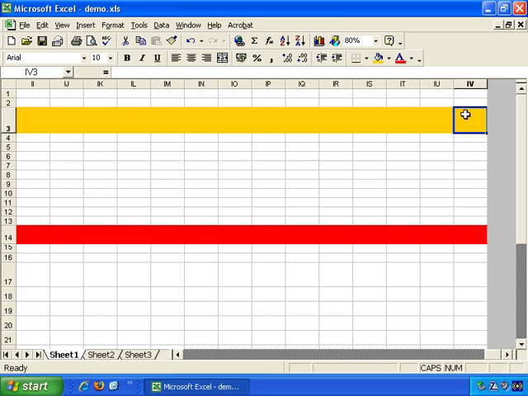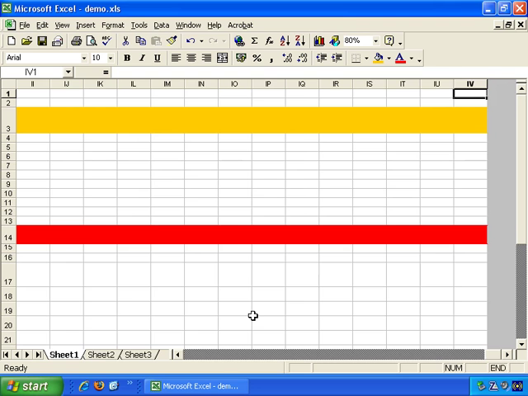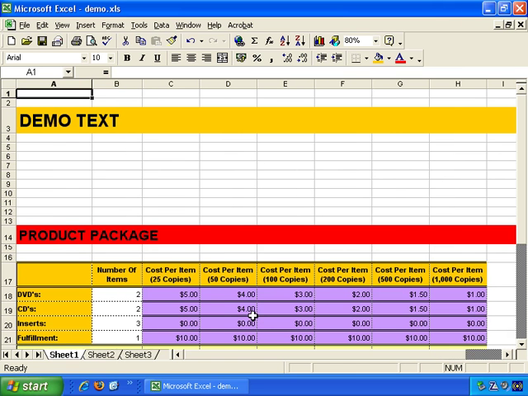If I press End and Down, it jumps right to the bottom of the spreadsheet, which is row 65,536. So let's do the reverse. End and Up, and Left,